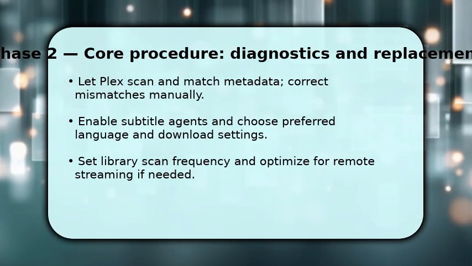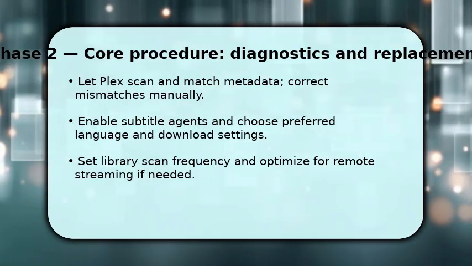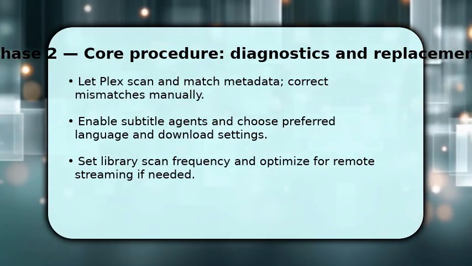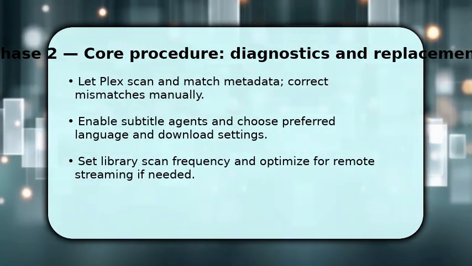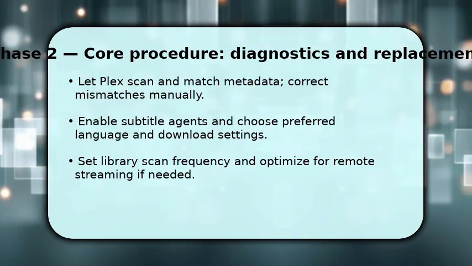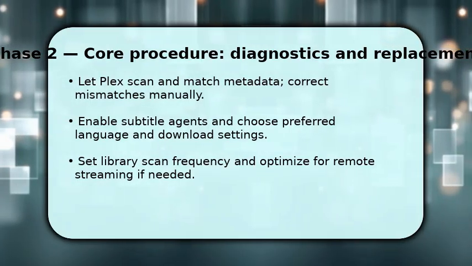accurate artwork. Make sure subtitle agents are enabled and your preferred language is selected. Plex can download or use embedded subs. Also adjust library scan frequency and optimization settings, because that determines how quickly new files